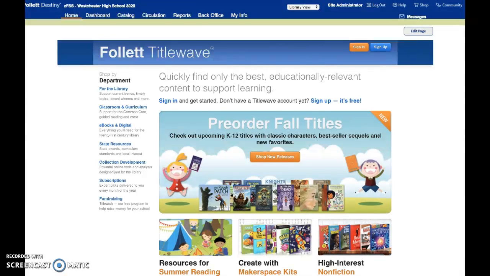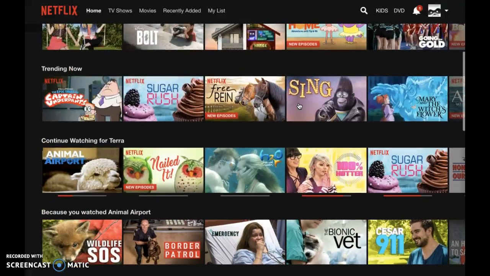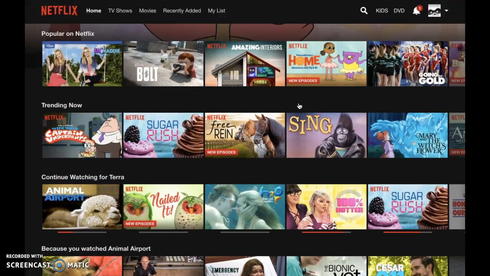In fact, how many of y'all have used Netflix, Hulu, or even Amazon Prime to watch movies or TV shows? Well, Netflix is a database. What they do is they store all the TV shows and movies that they offer, and they let us search through it. Now, I can just search and browse through here and try to find a show that I'm looking